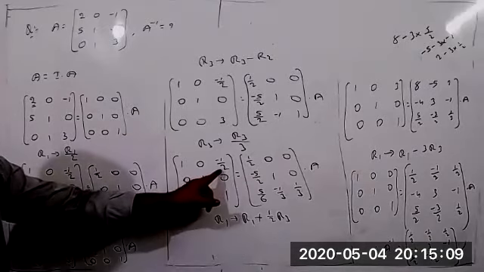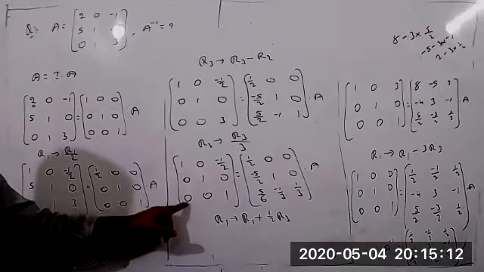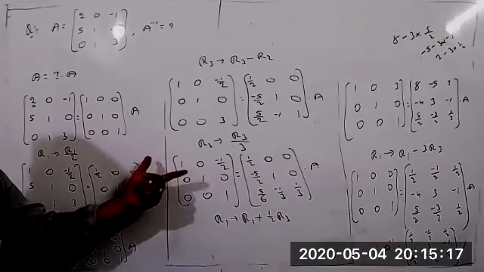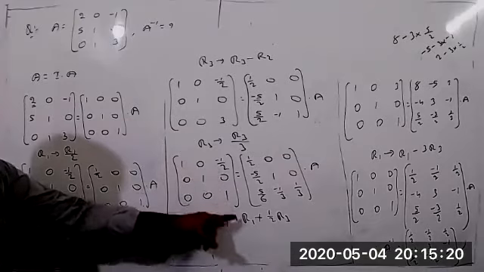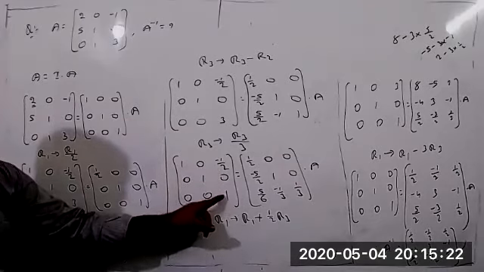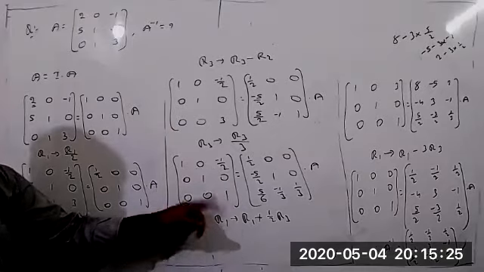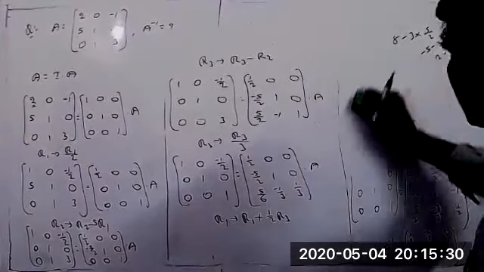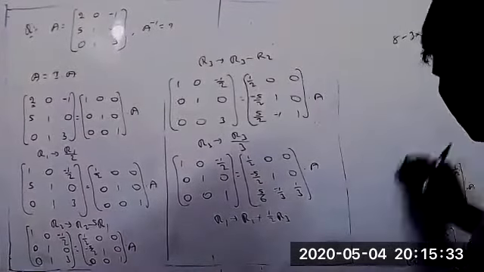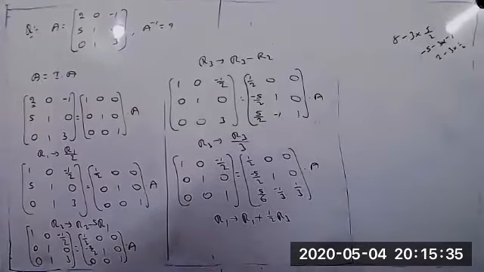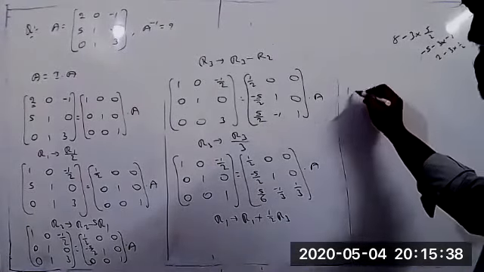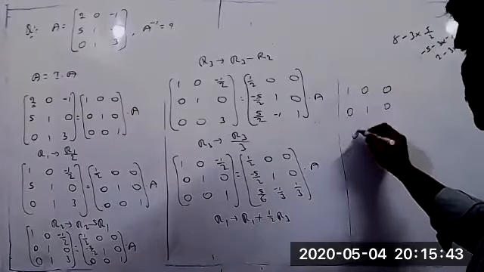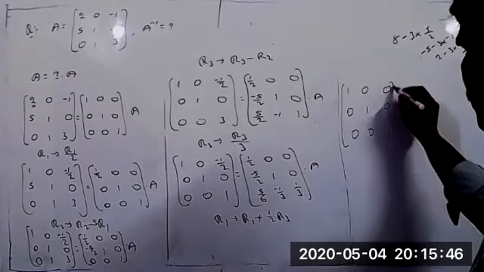Because R1 equal to minus 1 by 2. But here no need to make any changes, because 1 plus 1 by 2 into 0 equals 0 only. So 1 plus 0, we will get 1. It's fine, no problem. But coming to the third element now, R1 equal to minus 1 by 2 plus 1 by 2 into 1 equal to 1 by 2. So minus and plus will be cancelled. Yes, so I can change now. So 1, 0, 0, 0, 1, 0, 0, 0, 1. All elements we got now. Okay, we got the identity matrix now.